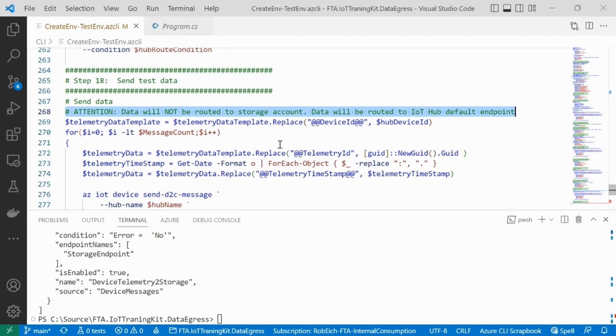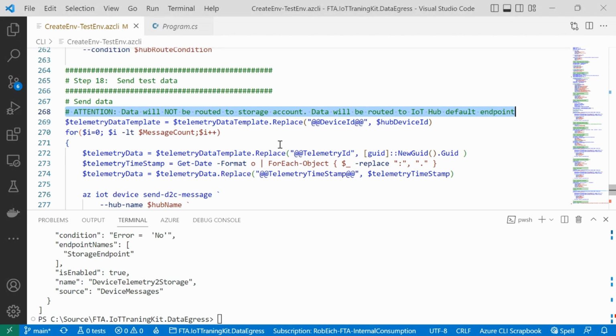And the reason why it will not be routed to the storage account is because when we instruct IoT Hub to look into the payload of the incoming message, the payload needs to have a certain format so that IoT Hub really can execute the criteria, the condition that we have provided.